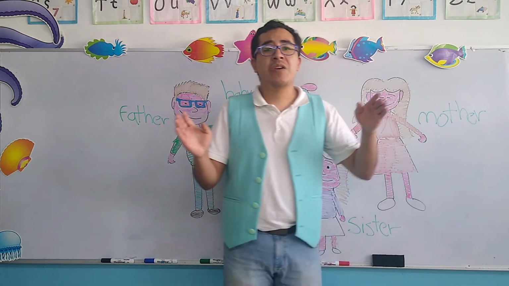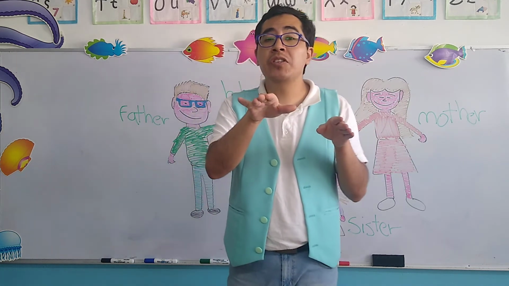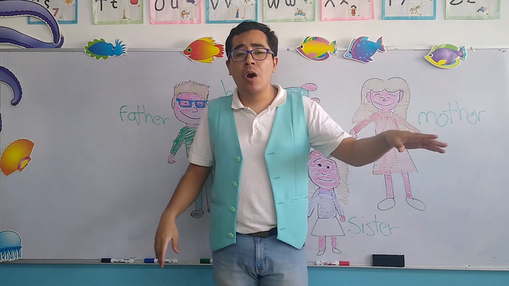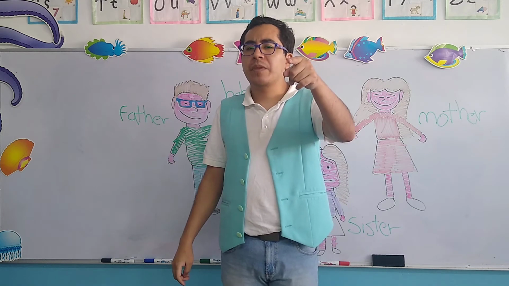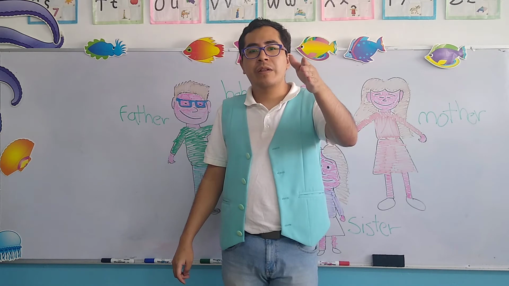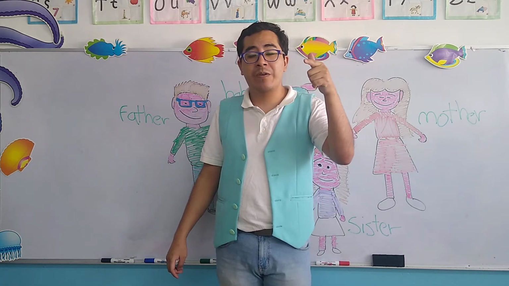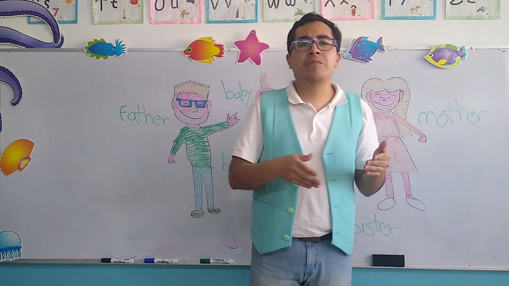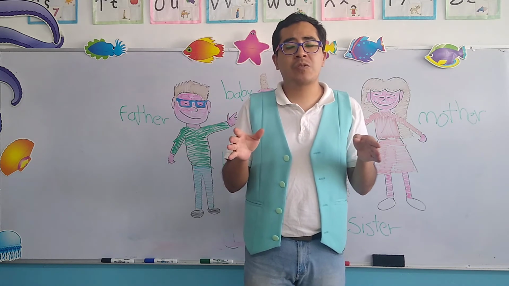Now, yesterday we were talking about objects that we can find inside the kitchen. We saw things like the microwave, the stove, the pan, another that you remember, the refrigerator, of course. Excellent. The spoon and the fork. Okay. Now, remember the microwave, it's an object that we use to heat things faster, para calentar las cosas con